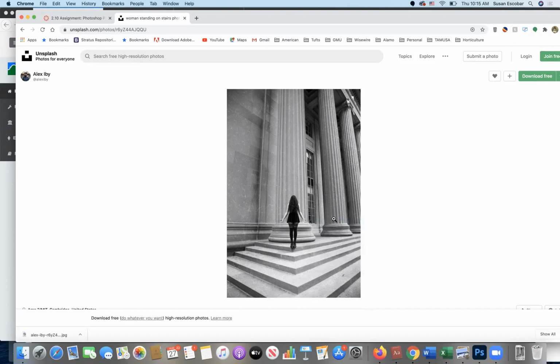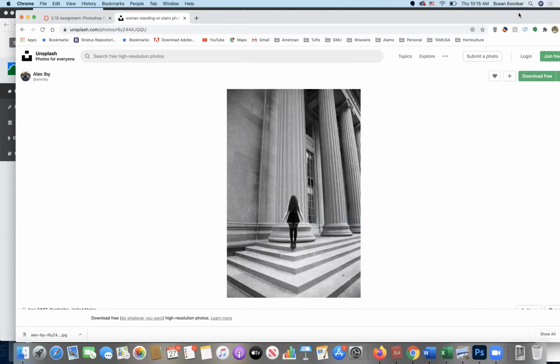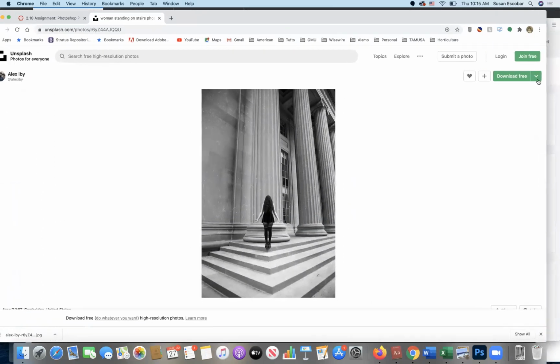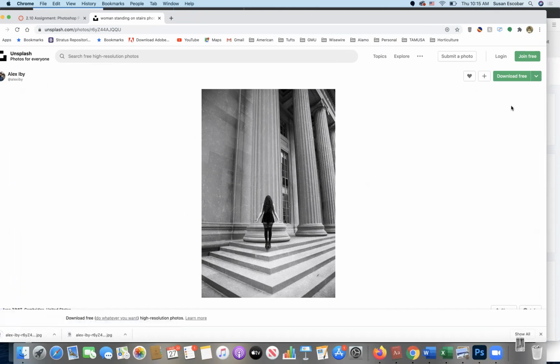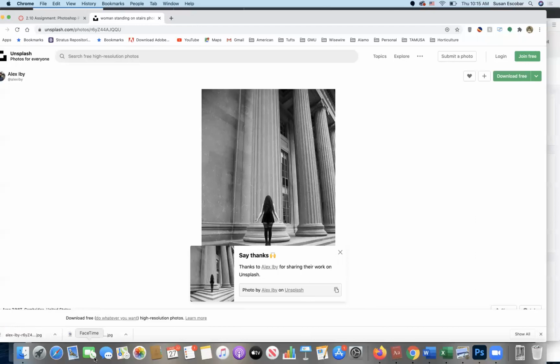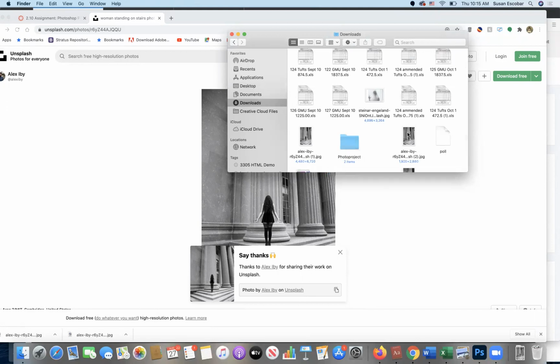You can also download it, which is an option here. Download image for free, and you have the options of the different sizes. I know I don't want the great big one, so I'm going to take that. Right now it's downloading into my downloads folder, but I'm going to take it from my downloads folder,